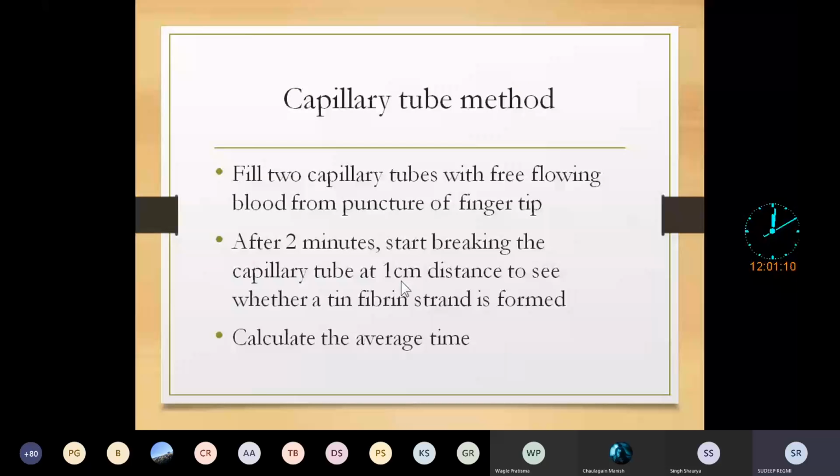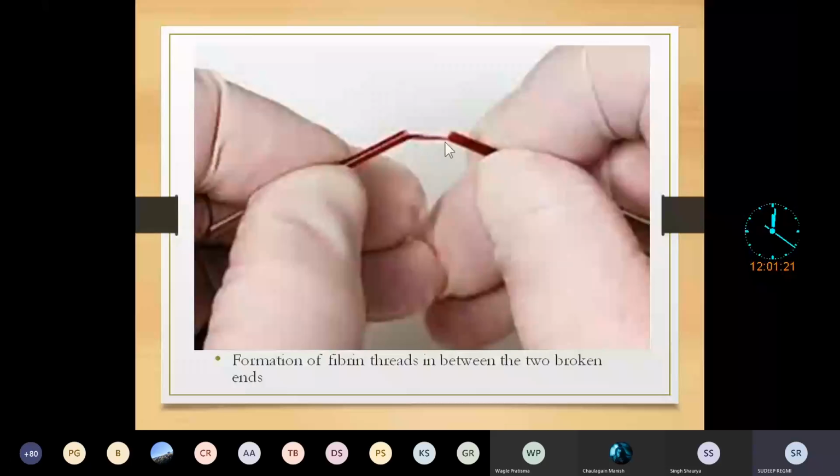Okay, like here, if you break, if there is presence of a fibrin thread, then that is the clotting time, the initial state when you